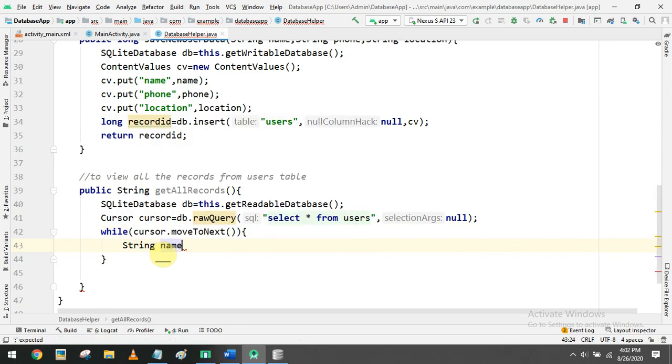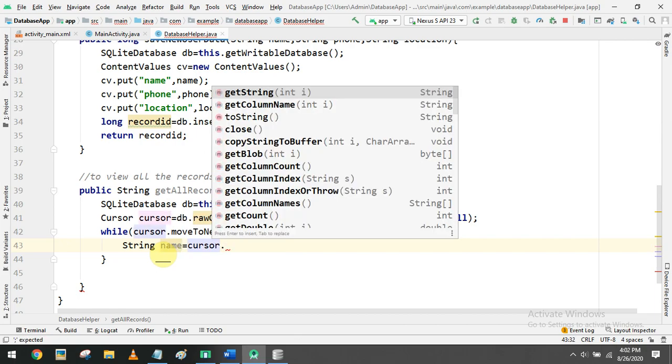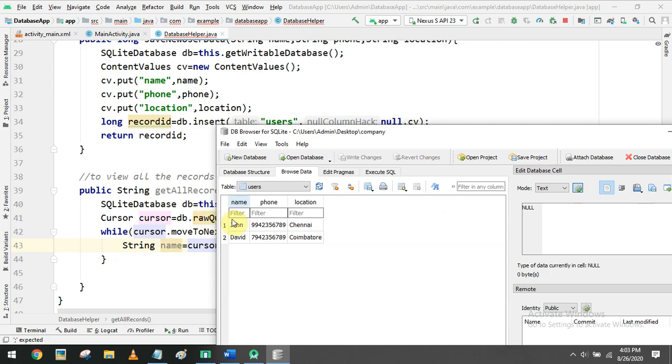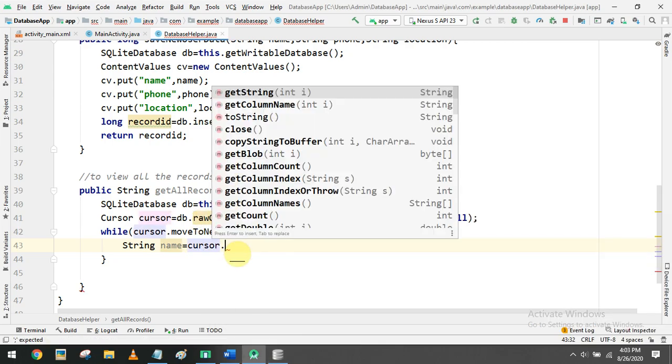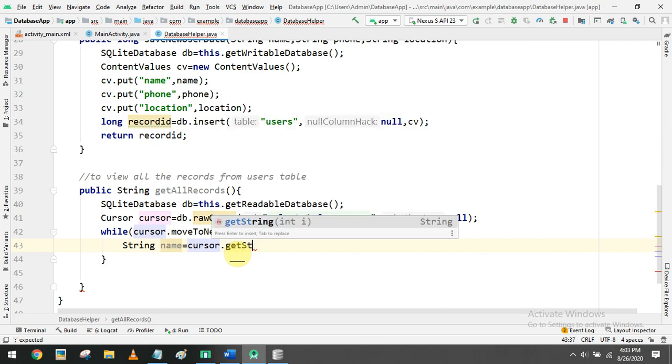First I am going to read the name. I am going to call cursor dot get. To read the data, we have to call a get function, and based on the type of the data, since I am using all text data, I can use the get string function. Inside we have to pass one integer value, that is the index value of the column.